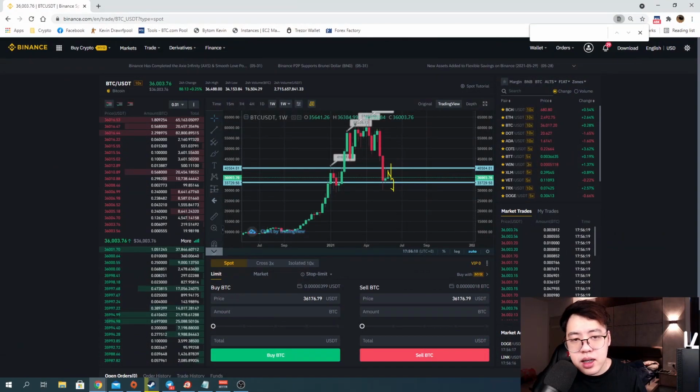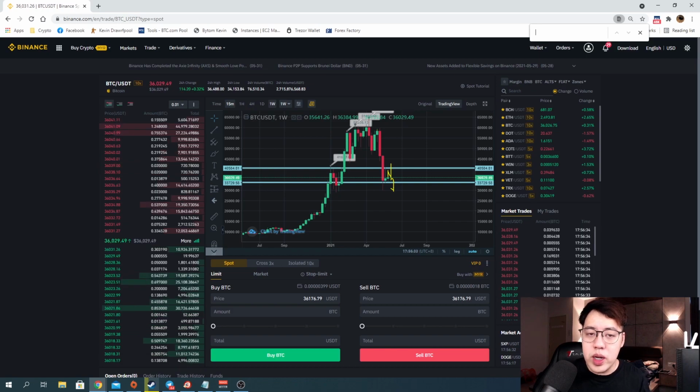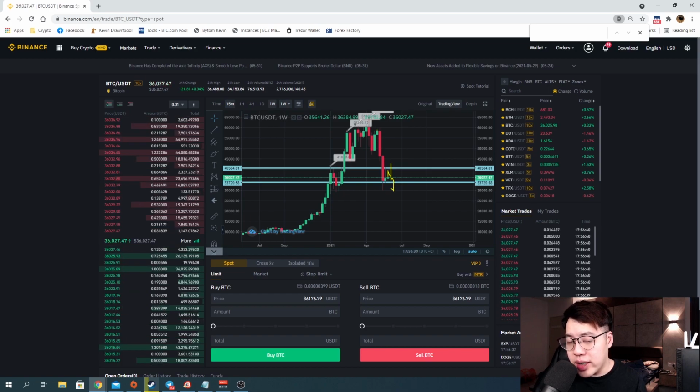So as you can see here right now, this is the Binance platform, and this is how the Binance platform looks like after you've done the registration and after you log in. And the first thing you need to know is, when you are doing trading, if you want to trade cryptos, or you want to do any investment or any tradings in the market, make sure to use a desktop or computer or